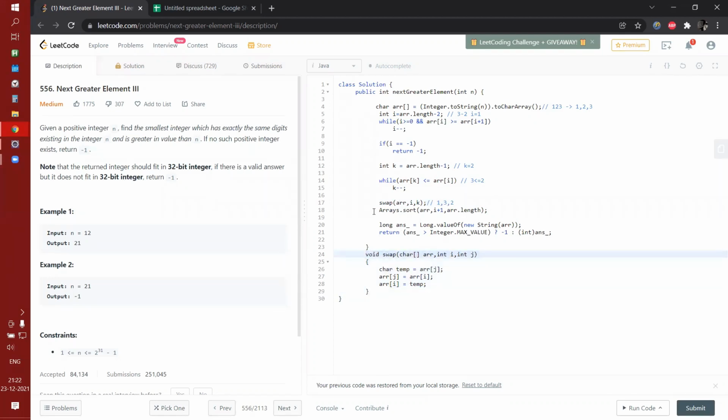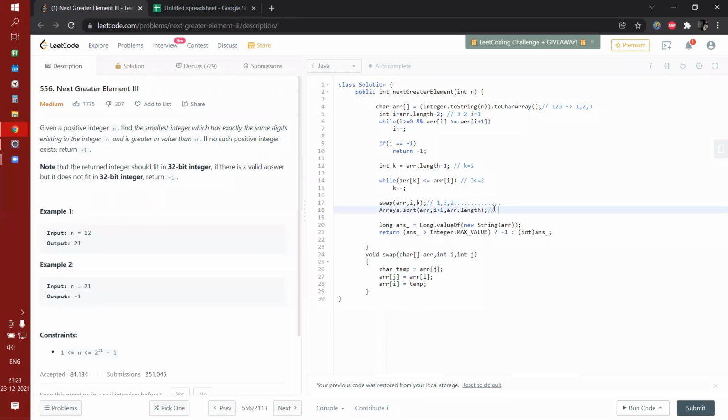And then I will sort the remaining array, from the position next to the one we have changed, that is i plus 1, up to arr.length, so that we get the sorted part at the end of the array.